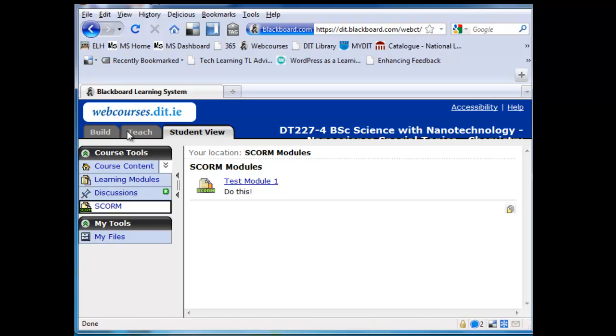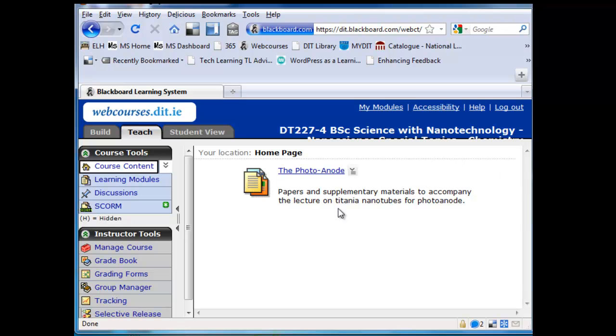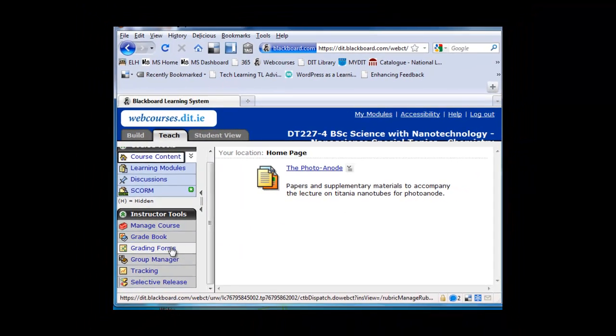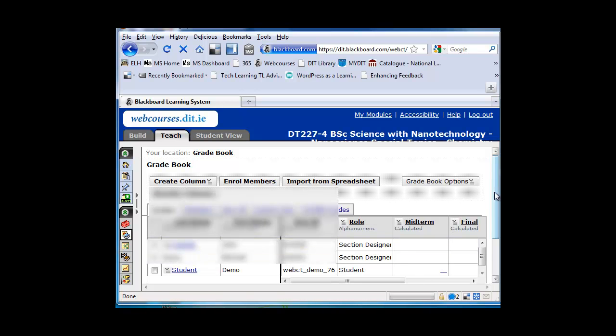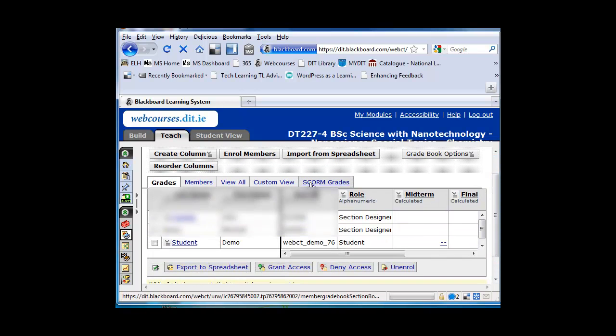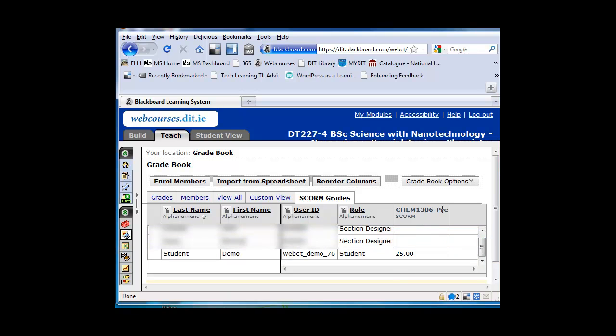Now if I go into the Teach tab, in other words the student's done the quiz, and now I go to the Gradebook. So within the Gradebook I've got several columns, but my mark isn't here yet, so I have to go into Scorm Grades, and you see there the Scorm grade column, that's the 25% I got in the quiz. So I want to report this to the students